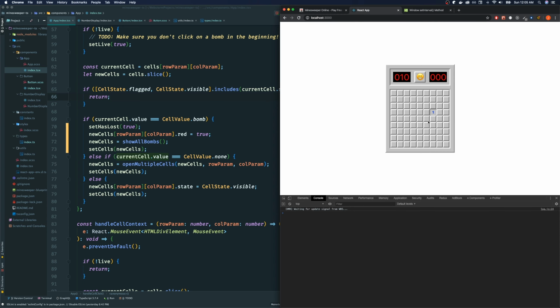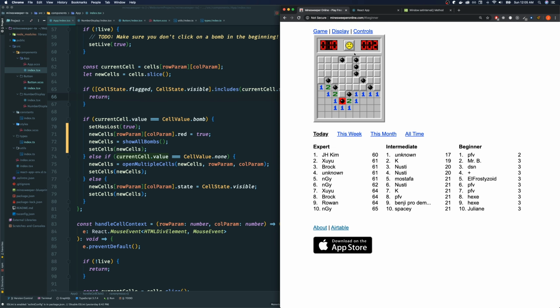With this big project, now I want to be able to, when I win, see the win status here. Now, how do I actually win? There's a couple ways to win for this. Putting the flags is optional, and putting the flags doesn't make you win. You win when you clicked on all the non-bomb spaces. So even if you don't put any flags, if you just click on all the non-bomb spaces,